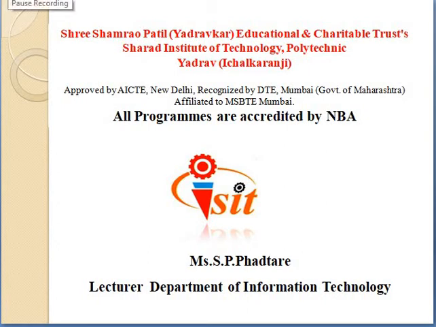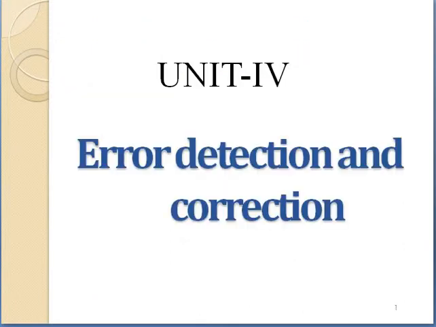Good morning, class. Today in this lecture we are going to discuss the next point in our fourth chapter. Our fourth chapter is error detection and correction. In this lecture we discuss error control techniques. There are mainly two types of error control technique. First is the stop and wait ARQ technique and second is the sliding window technique. The sliding window technique is again divided into two types: go back N and the selective reject technique.